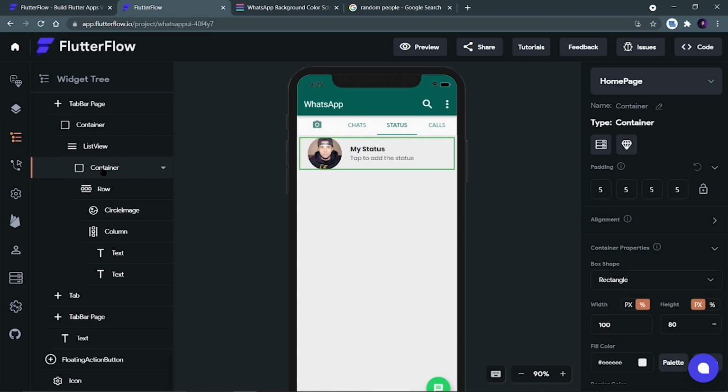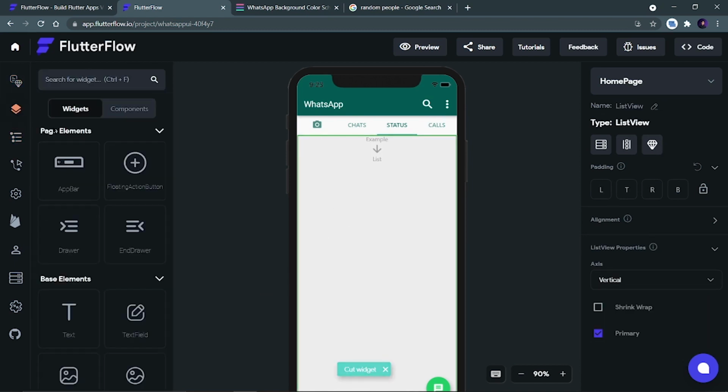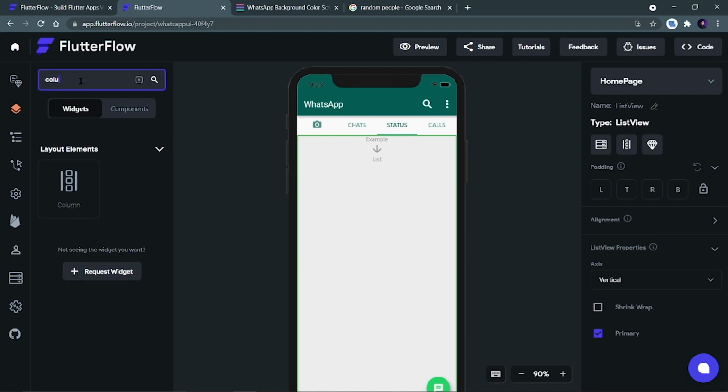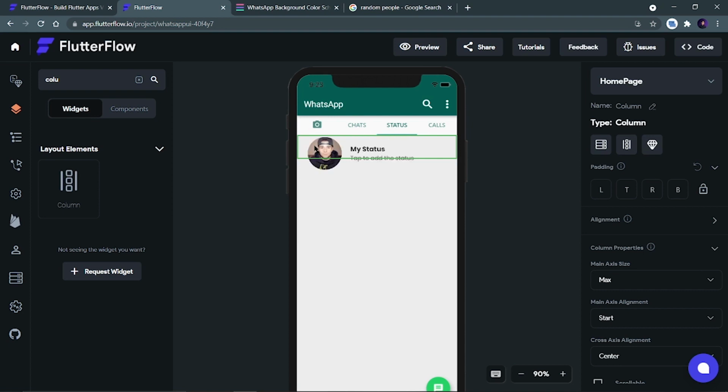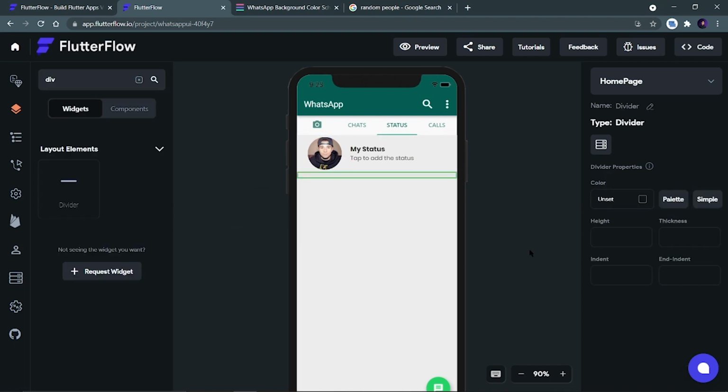I can just press control X and add a column first. So select column, and inside this column I can add my container and then add the divider over here. Yes, we have added the divider.